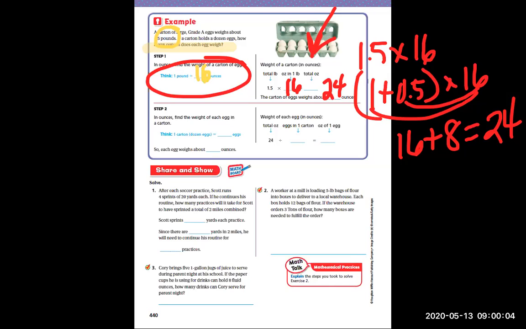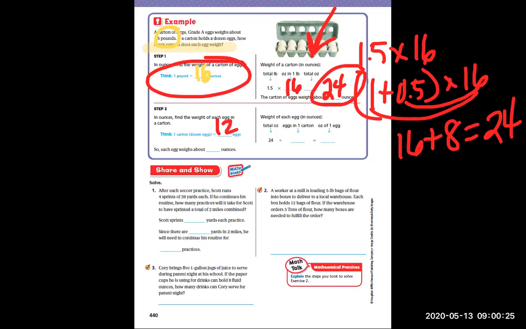Okay, so step 2, sorry about that, I got buzzing going on in my iPad. So find the weight of each egg in the carton. Well, how many eggs are there? A dozen. How many are in a dozen? 12. 12 eggs. So now we're going to take the 24 ounces,